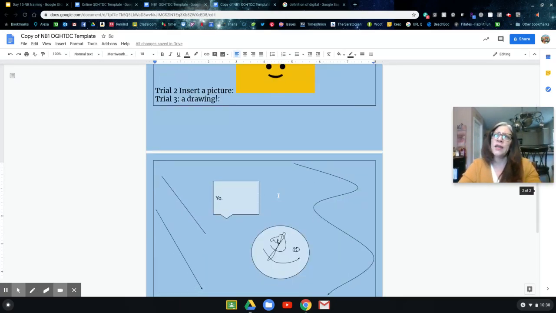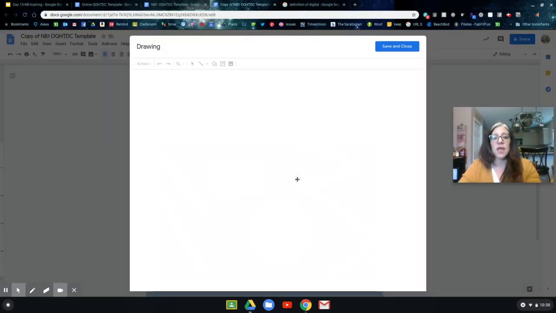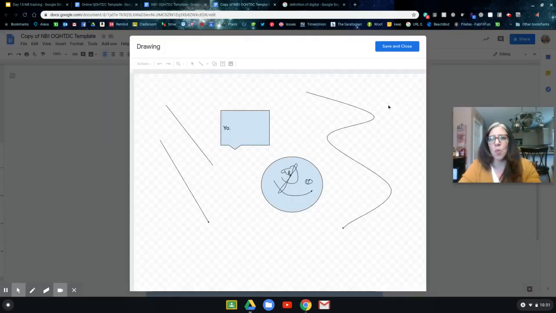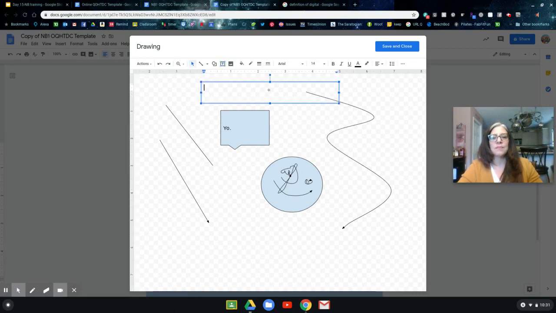Oh, you know what? I'm a scientist, and when I draw things, I want to do labels, right? So I forgot to put something in my drawing. So I'm going to double click my drawing, and it's going to open my drawing back up. Mistakes allowed. Okay, I'm going to add a text box. And then I'm going to type my magnificent notebook drawing. I do have to say, it's one of my best.